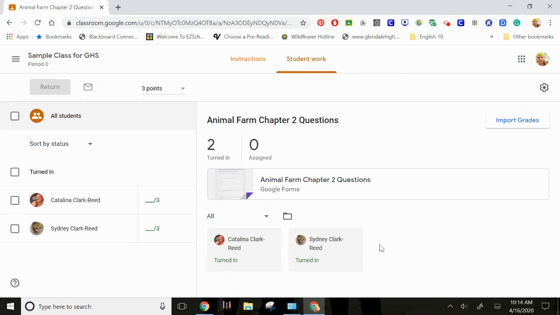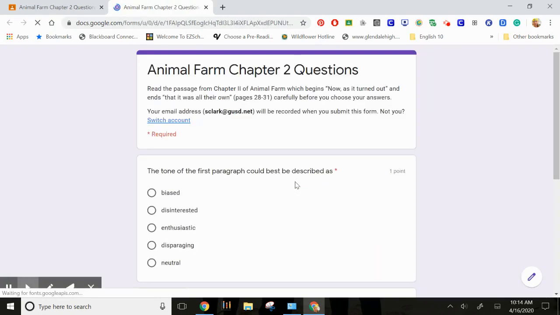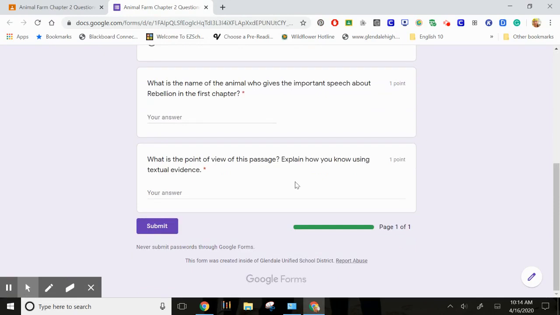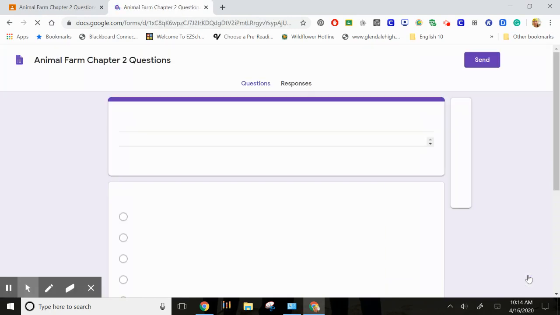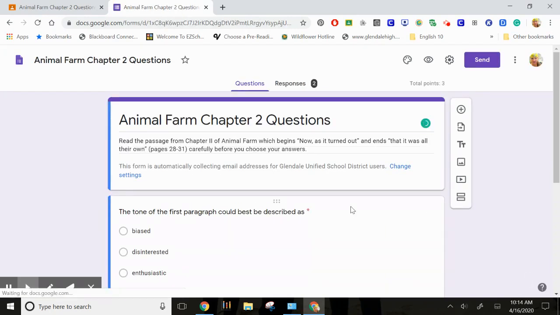And I am ready to grade the portions and import the grades. So I'm going to click on the Google form itself here. And it's going to take me to something that looks like just the test itself. So what I need to do though, however, is go here to edit this form so that I can see the responses. So again, I'm just going to see the quiz itself here, but right here, responses,